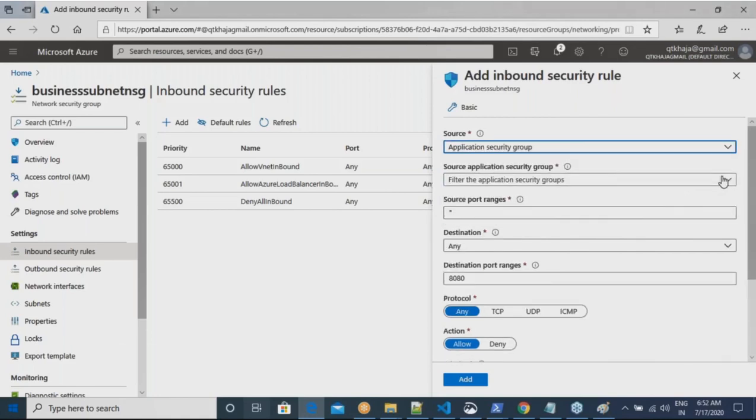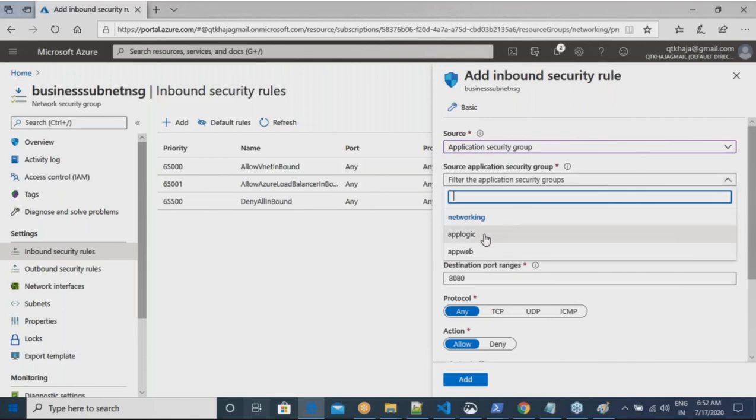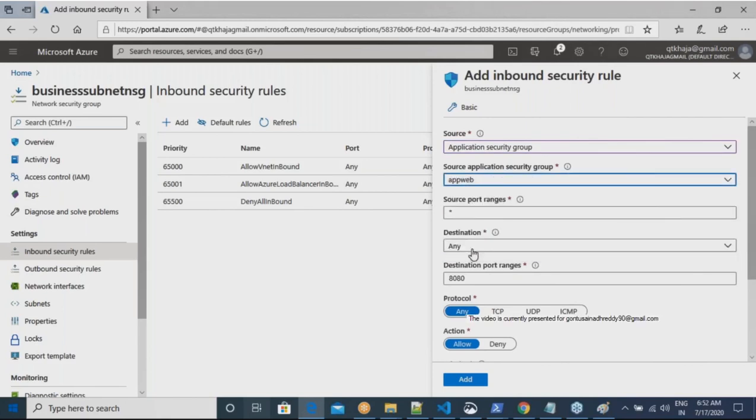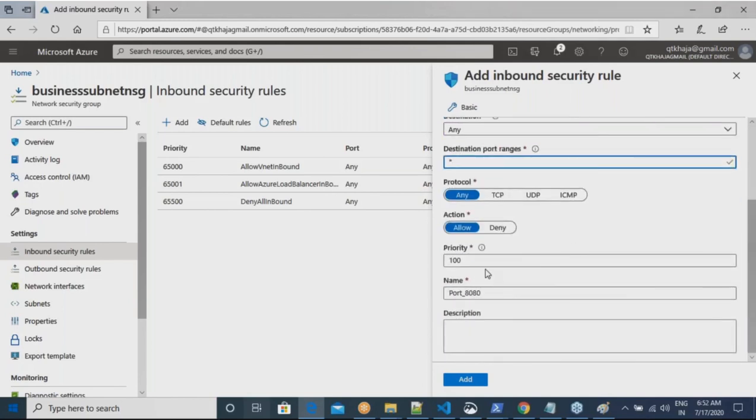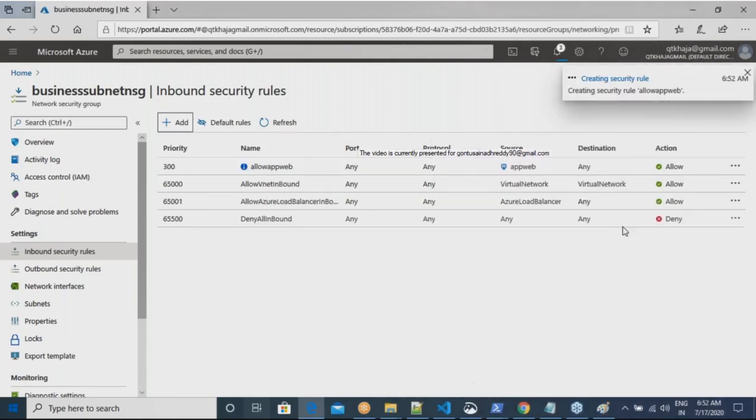From the application security group whose name is app web, from any port, with priority 300, allow. So what have I done? I have created a rule for app web.